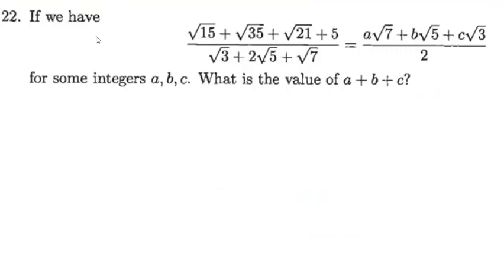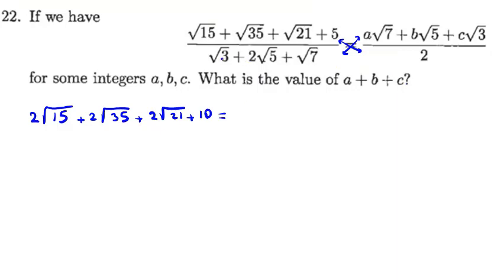Problem number 22. If we have this fraction equal to this fraction for some integers a, b, c, what's the value of a plus b plus c? For this problem, we cross multiply. So 2 root 15 plus 2 root 35 plus 2 root 21 plus 2 times 5, 10 equals